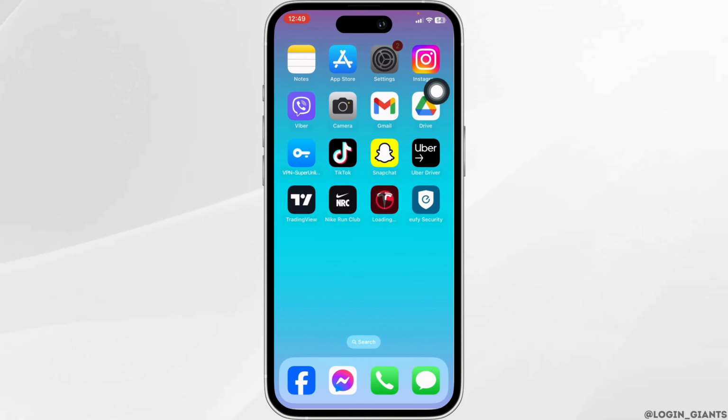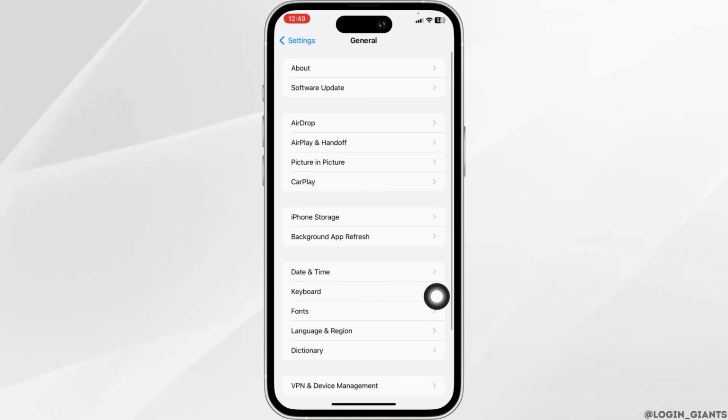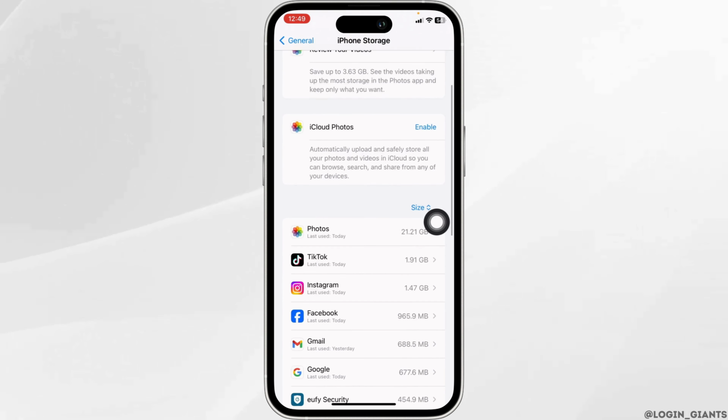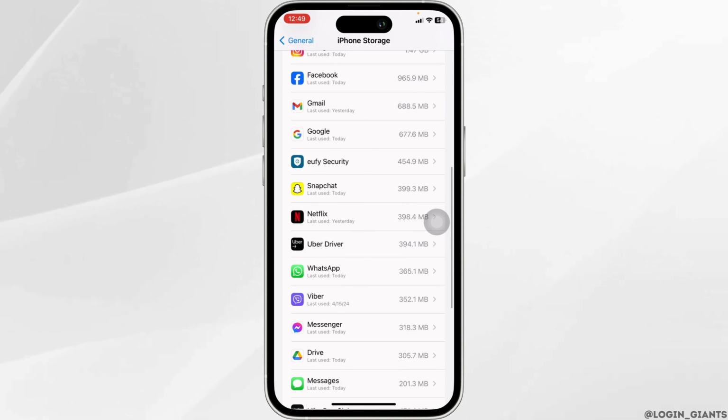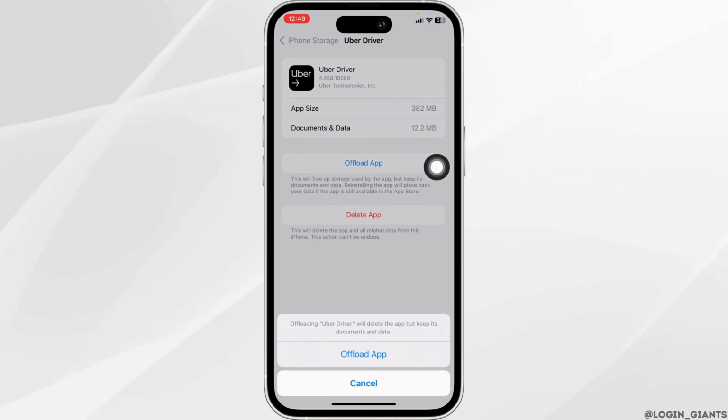For that, launch your settings. Scroll down, navigate to the option of General, open this option iPhone Storage. In this page, you're going to find all the apps that are installed in your device. Make sure you have enough storage, then head towards the app Uber Driver, open it, click on Offload app,